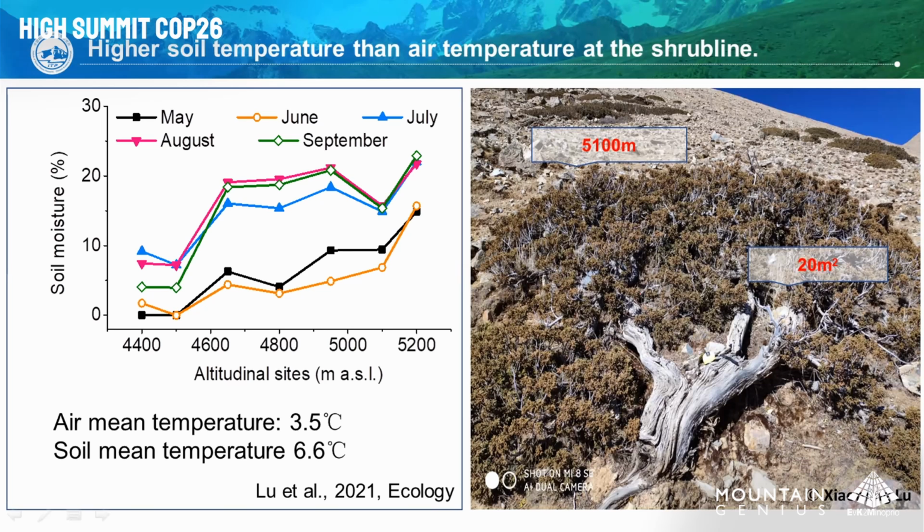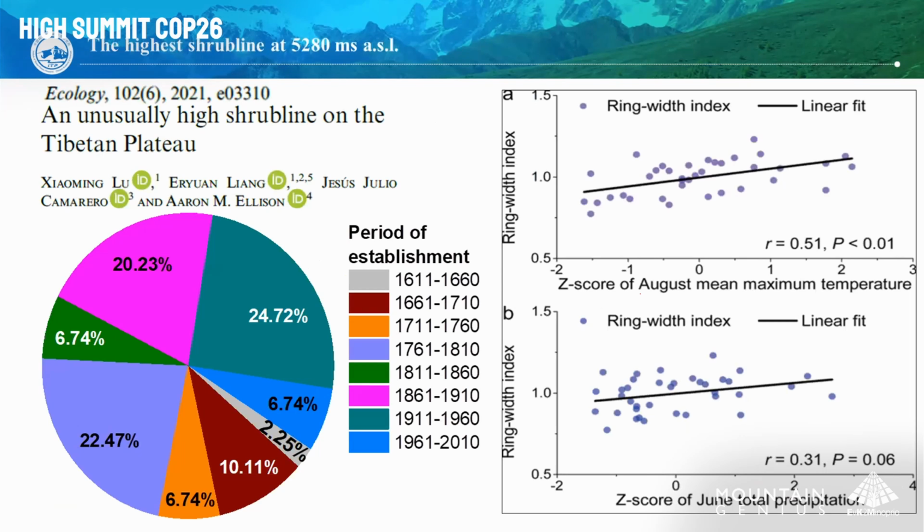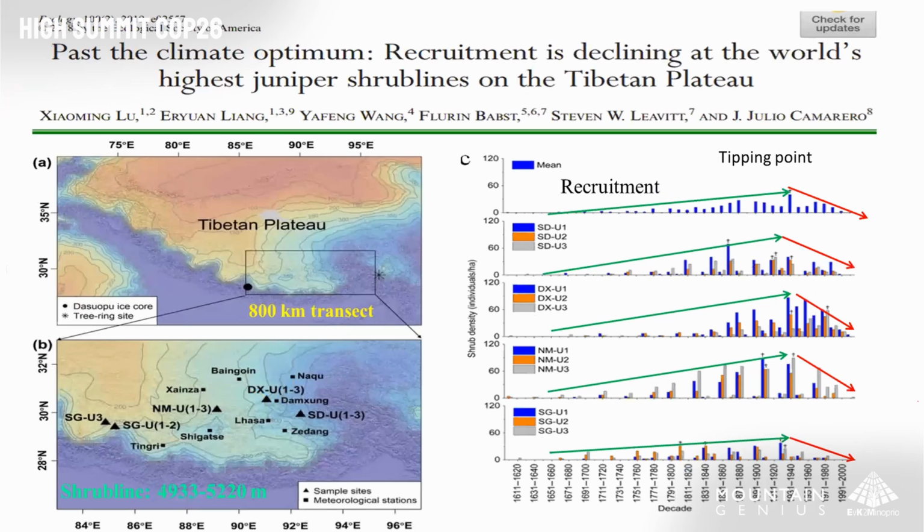So there are many things. We also have some work ongoing, but this is new research. We also found that even at this high elevation tree line, some trees are more than 400 years old. We also tested what limits the growth of this shrub, and the model shows precipitation is more important than the other factors. We also tested the changes in recruitment over the last 400 years. We found that in the 1920s or 30s there was peak regeneration, then in the last almost 100 years, recruitment has consistently reduced.